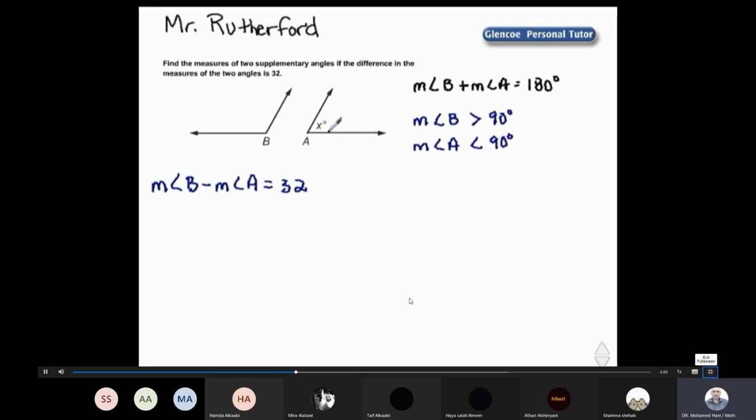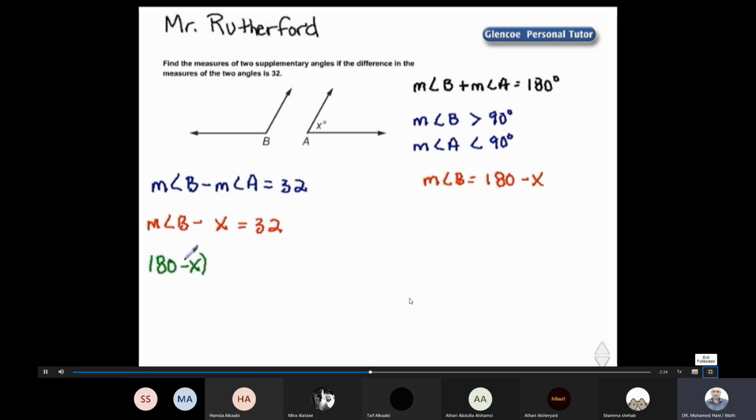Now let's substitute our value of x degrees in for A. So we have the measure of angle B minus x equals 32. Now because supplementary angles add up to 180 degrees, we can say that the measure of angle B is equal to 180 minus x, or minus the measure of angle A. So I'm going to substitute that into our equation. So now we have 180 minus x